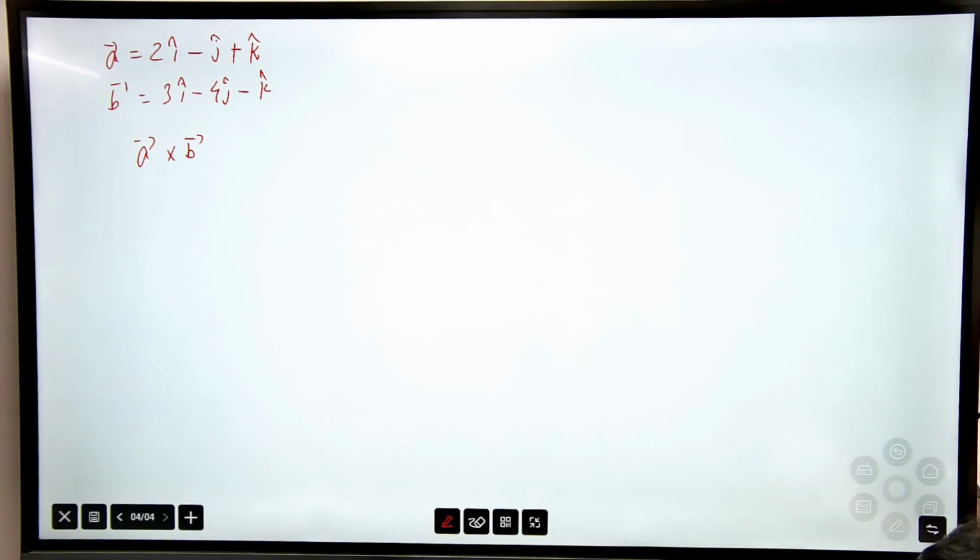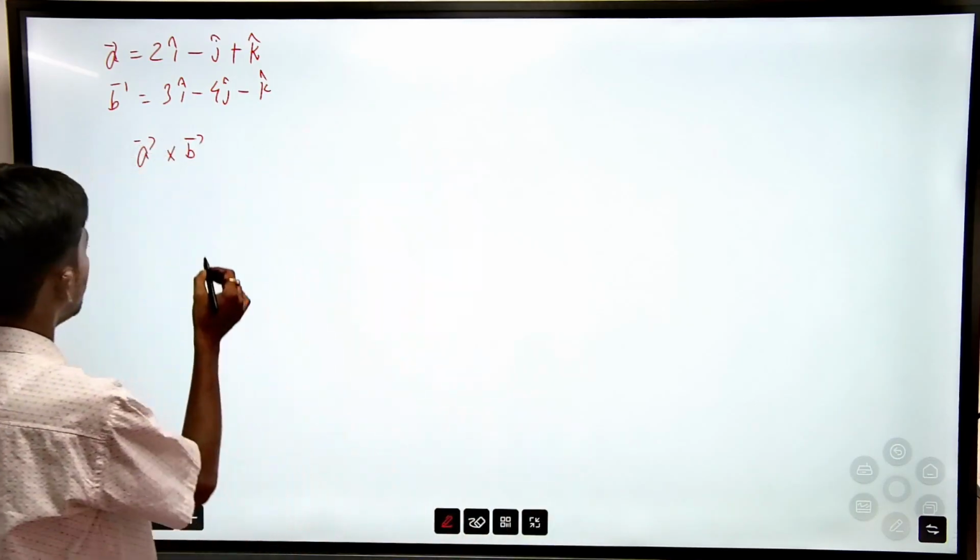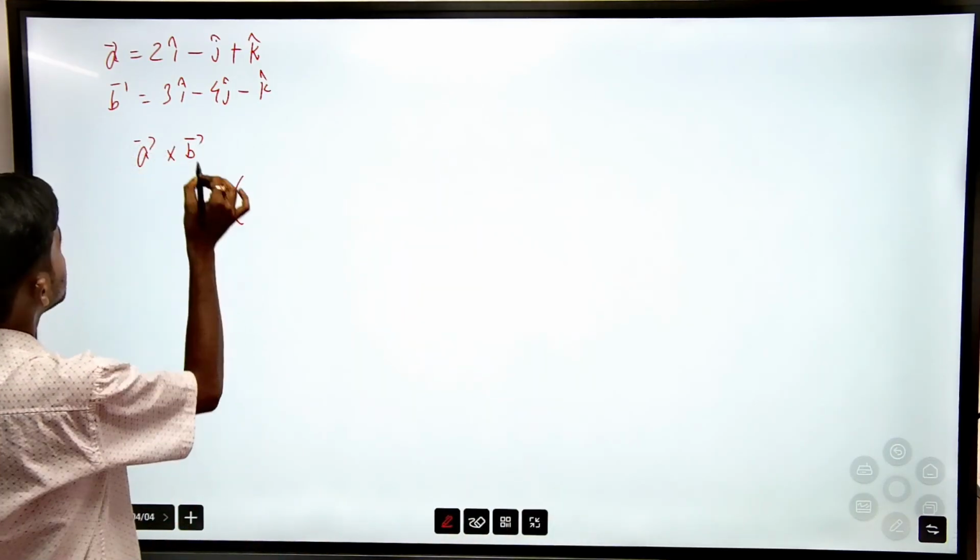कितना मिला? After getting the cross product, what is the answer? 5i 5j 5k ना, 5ik plus 5jk minus 5kk. All of you getting this? नहीं हो रहा है क्या क्रॉस प्रोडक्ट? नहीं निकाल पा रहे हो? अभी तो सिखाया था, आज ही तो सिखाया था।